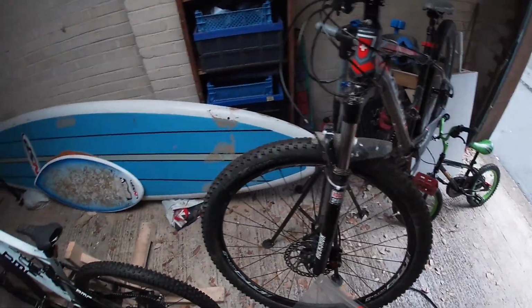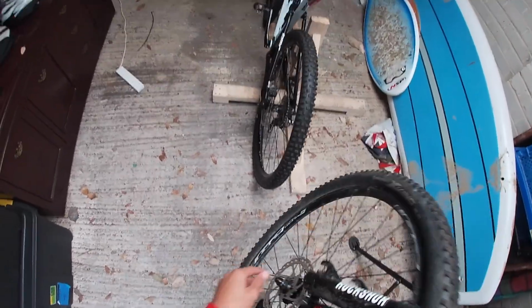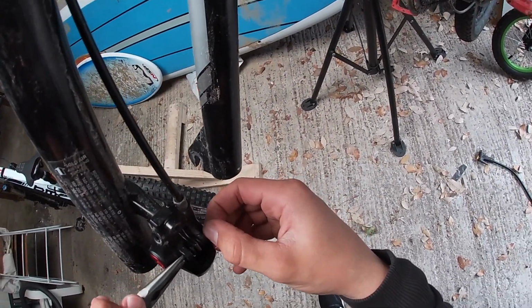First of all, even before you start, you should wear some nitrile gloves or gloves of some sort to keep any oils on your hands off the brake pads. But I don't have any. So first you've got to take your wheel off. Then you need some sort of pliers to take this little splint thing out by bending it back straight